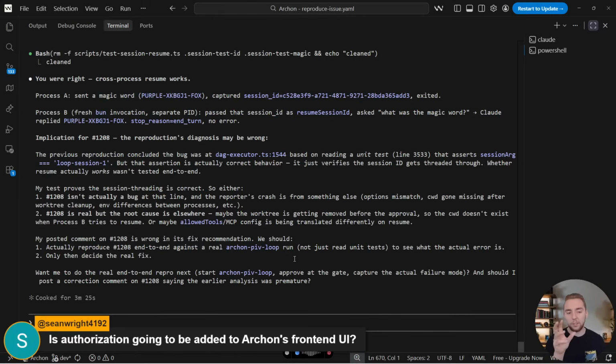So I want you to delete the comment on the GitHub issue, fix this in the reproduction workflow, and then invoke it again with the Archon CLI. And I want you to monitor it to make sure that it is actually invoking the CLI, using the Archon piv loop to test human approvals and make sure that the approval is able to work more than a couple of iterations. So basically testing the issue with a real workflow. All right.